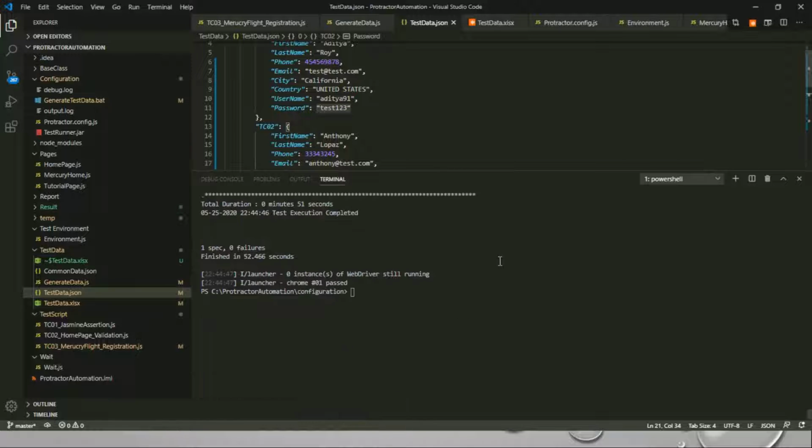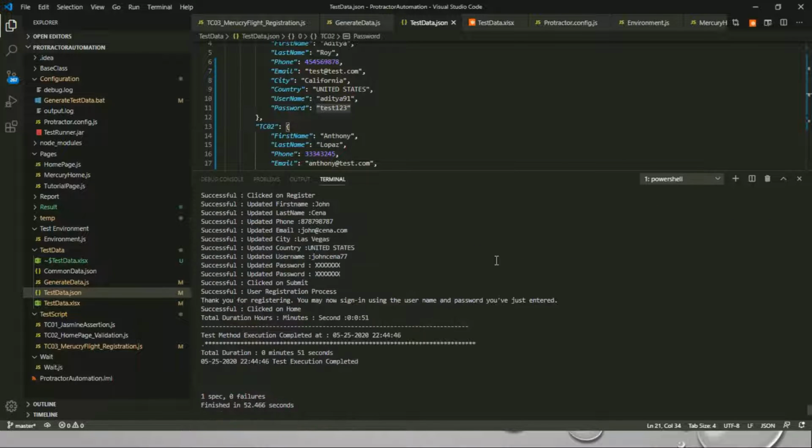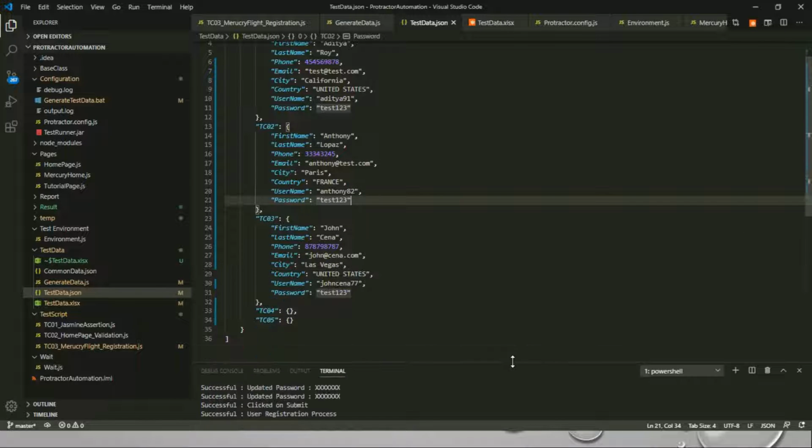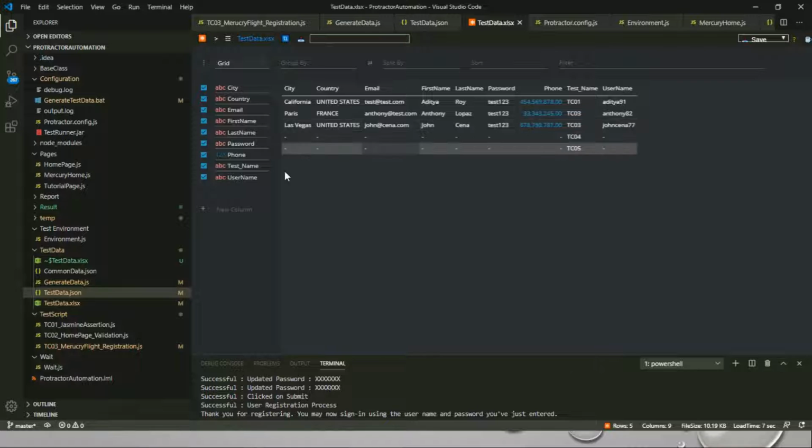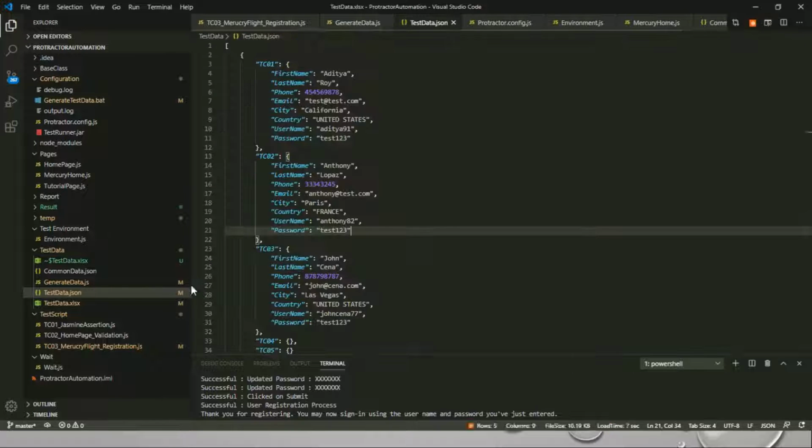Anyway, the test script passed successfully, and it took exactly 51 seconds to complete. See how easy it is to configure our test, I mean to fetch the test data. This is our test data basically. So test name, username. We are considering the test names TC1, TC2, TC3 this way for our test script mapping.